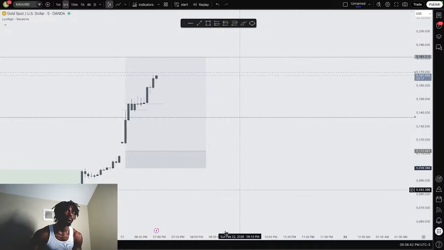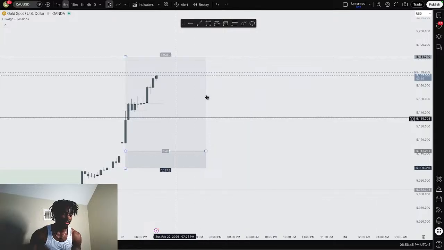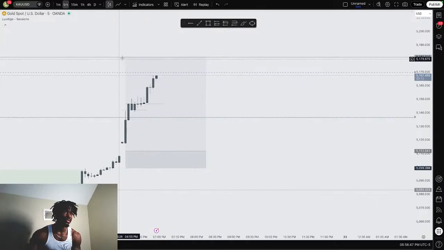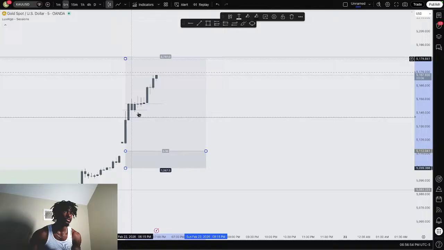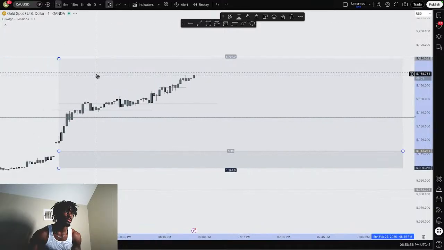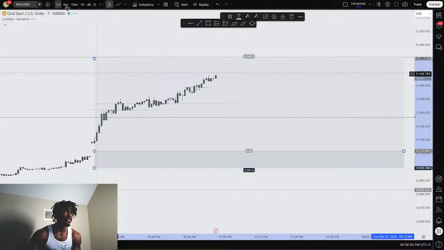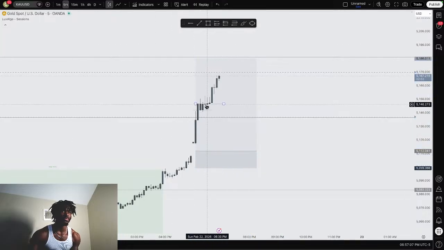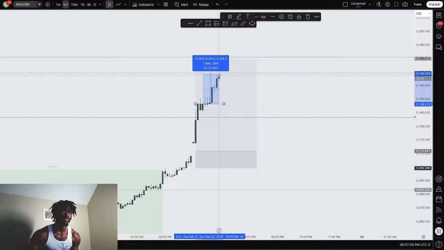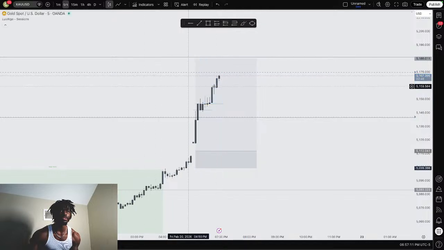500 pips. I am up over 1,000 pips in total, because I'm up about 550 pips on this first position. On the second position, where's the entry? What did I enter at on the second position? My second position, 550 pips on the first position. Second position, I am currently up 200 pips. And then on the third position, I am up